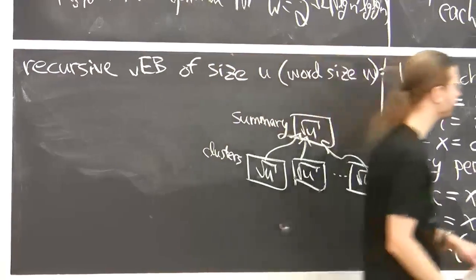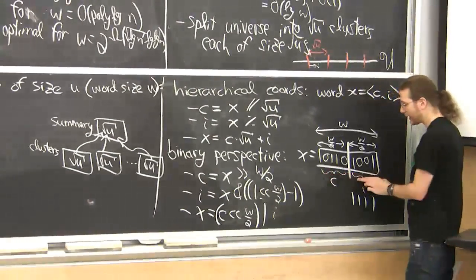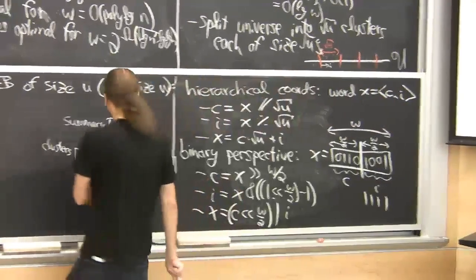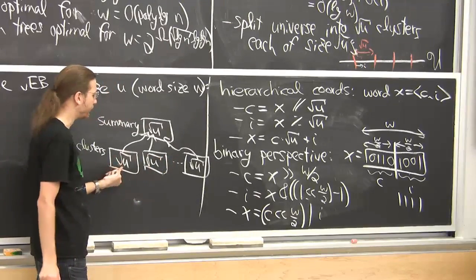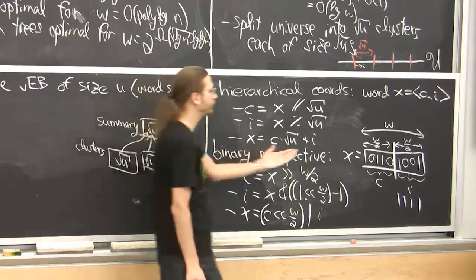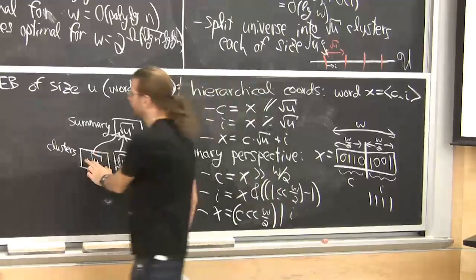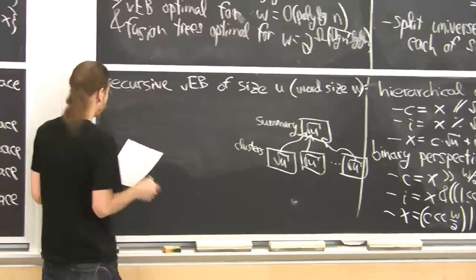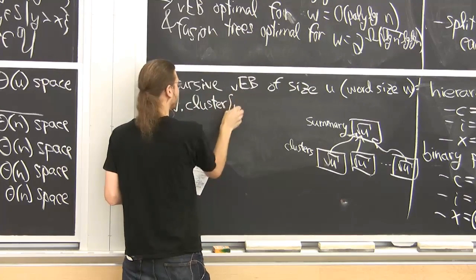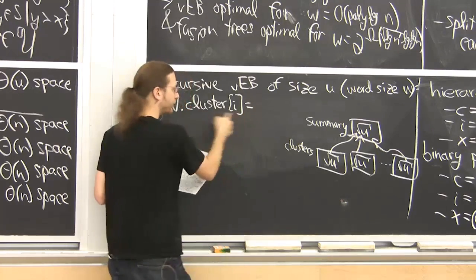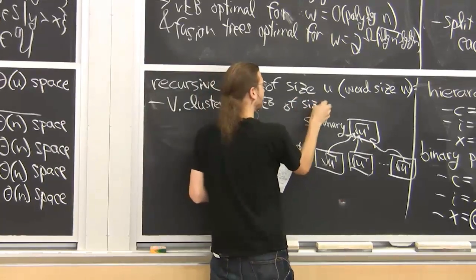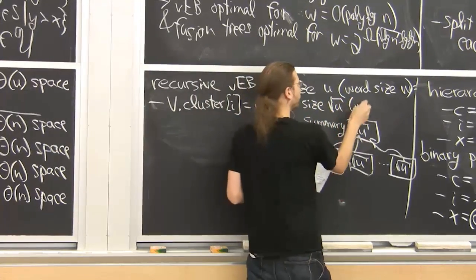So notice by this hierarchical decomposition, the cluster number and the index are valid names of items within these substructures. Basically, we're going to use the I part to talk about things within the clusters, and we're going to use the C part to talk about things within the summary structure. They're both numbers between 0 and root u minus 1, and so we get this perspective. All right, so formally, or some notation, cluster I, so we're going to have an array of clusters, is a van Emde Boas thing of size square root u and word size